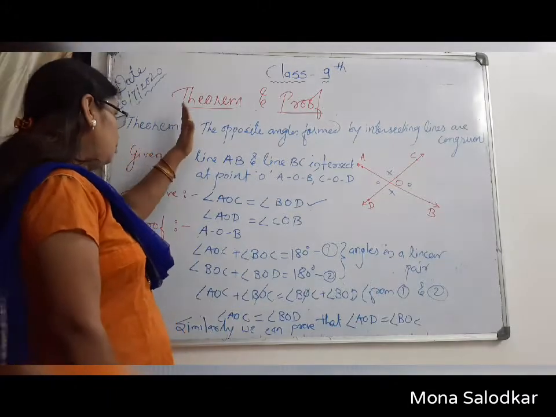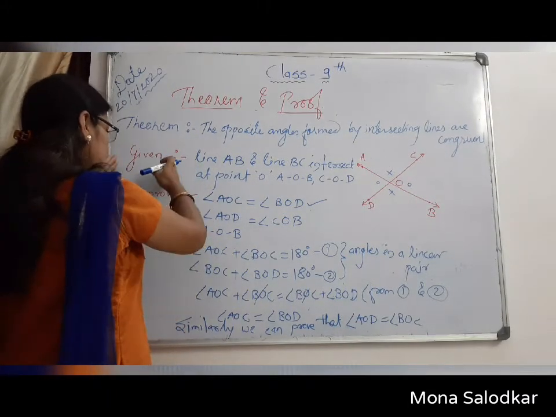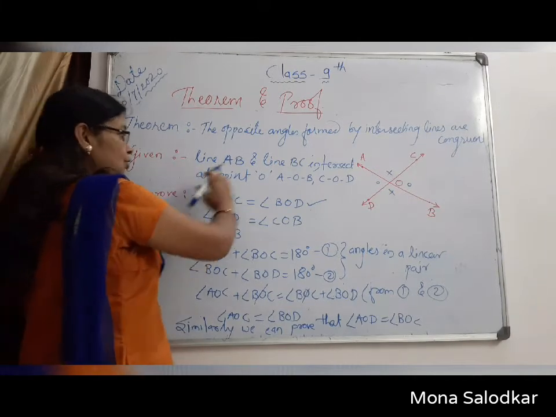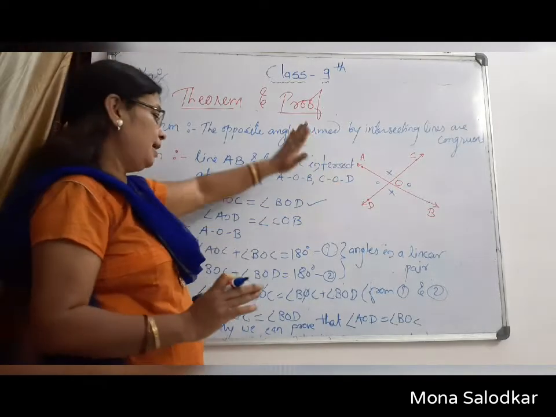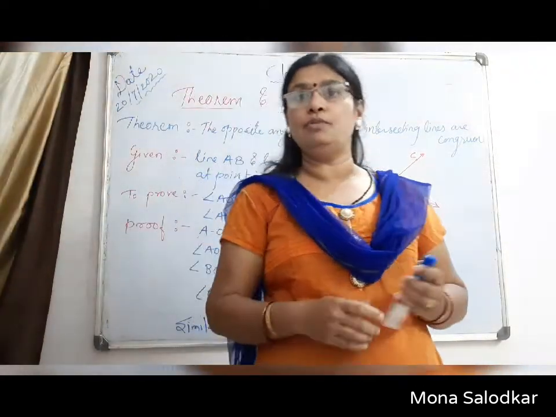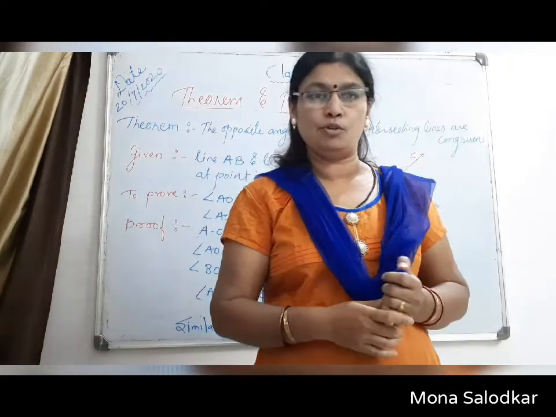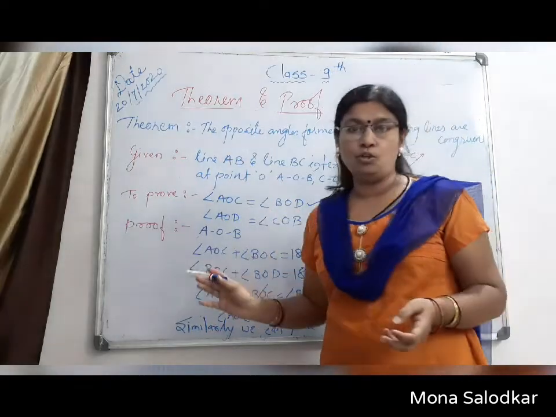Students, you have to write down this theorem as it is. First write down all in one line, given, to prove and proof. Your figure is always on the right side of your page, and then write down. Now students, you have to write down what I have given in the video. Write down all the points in your copy and complete the homework, and write down the theorem also in your copy.